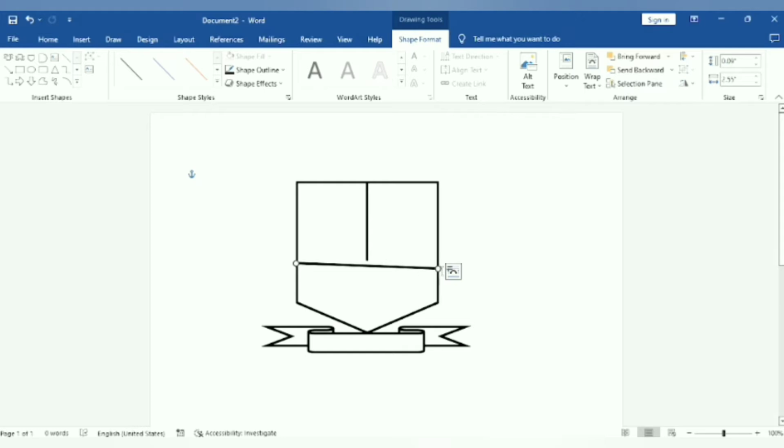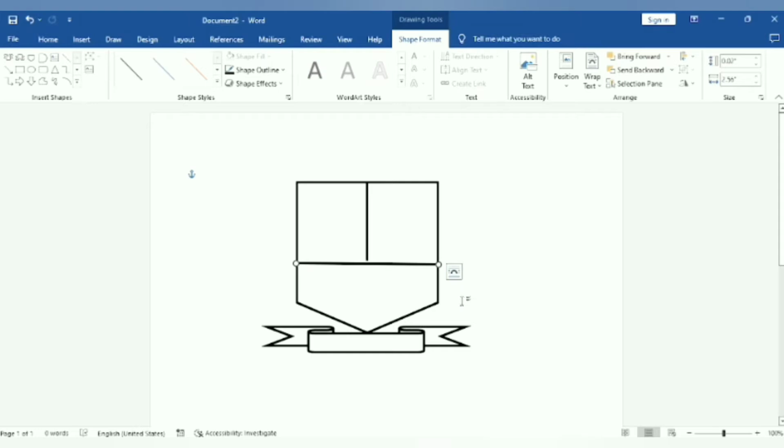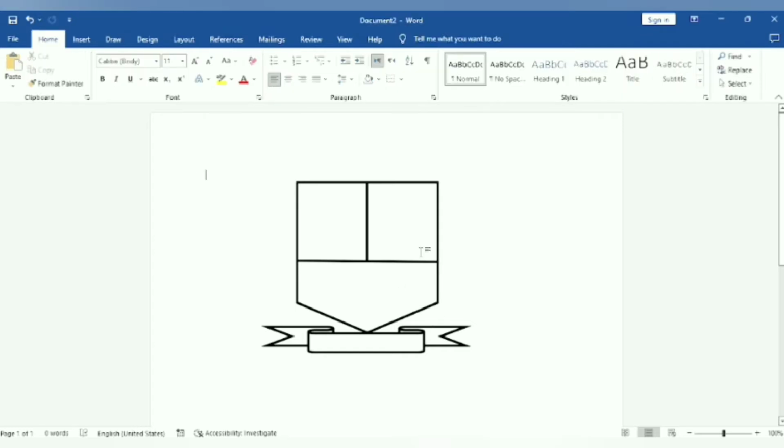It is slanted, let's straighten it. Okay, now we can also press the arrow keys to move a shape upwards and downwards. We can also press it to move right and left. Okay, now what we are supposed to do is to now insert